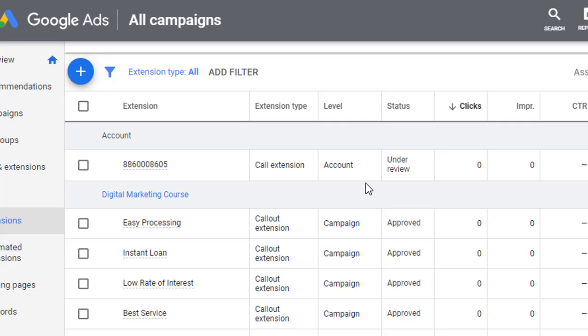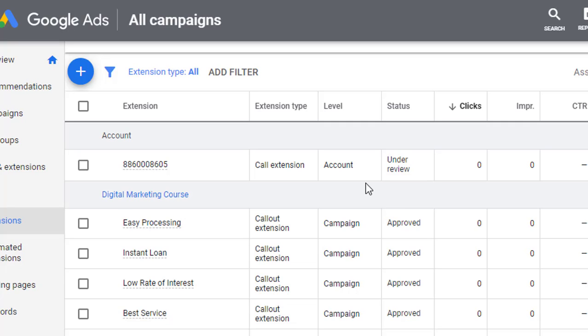However, these call extensions can not only be set at the account level, you can go ahead and set them at the campaign level as well as at the ad group level. If it is set at the account level, it will be acquired by all the campaigns down below, and subsequently all the ad groups down below. However, if it is set at the account level and you again set some other extension at the campaign level, the campaign level extension will supersede this extension.